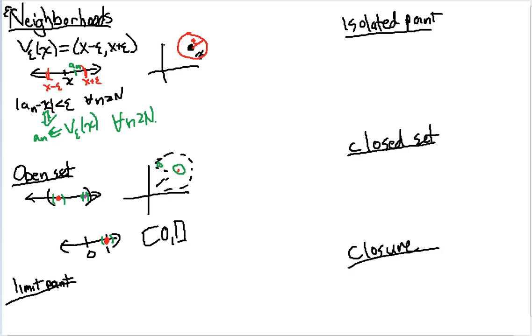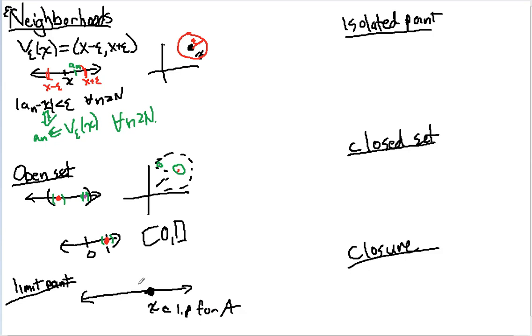Okay, so we've talked previously about how to think about epsilon neighborhoods, and we've talked about how to think about open sets. So how do you think about limit points? Well, a limit point is just, we'll call this point here x, and this is going to be a limit point for A